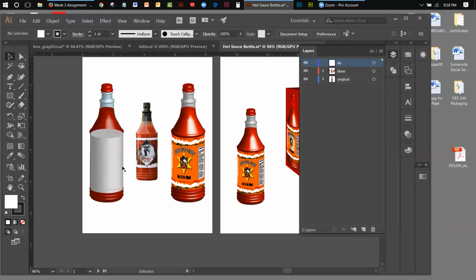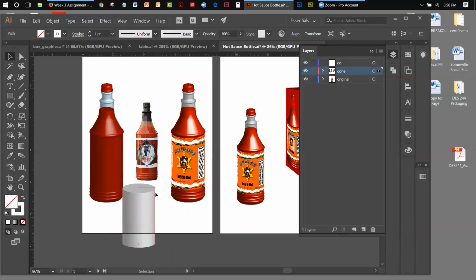Okay, there's this shape right here. Look at it. There's that shape right there. Okay, see that shape right there? That's actually the label shape. That's the shape that I'm putting the label on. The label has to go around the outside of the box. This is my